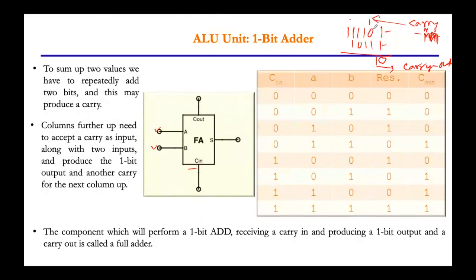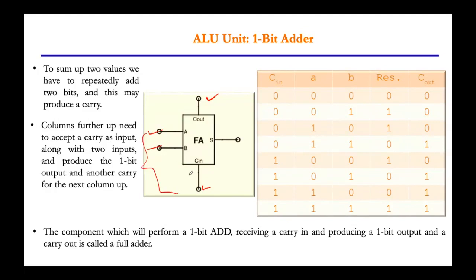So when you are adding these inputs, in the result you sometimes find a carry out. That carry out is given as an input in terms of your carry in. So this is the basic representation of your 1-bit adder. There will be two inputs. When two inputs are added, it may give some carry out. That carry out is converted into your carry in, then it becomes three inputs, and from those three inputs you will get the